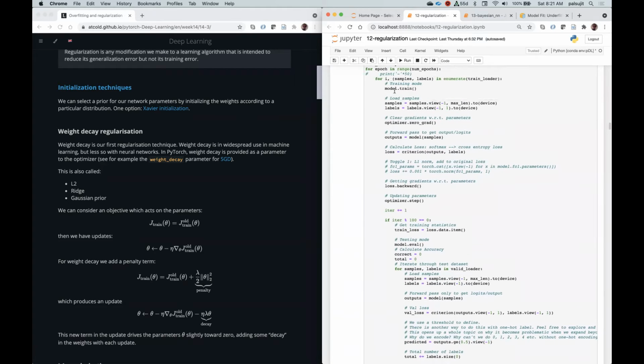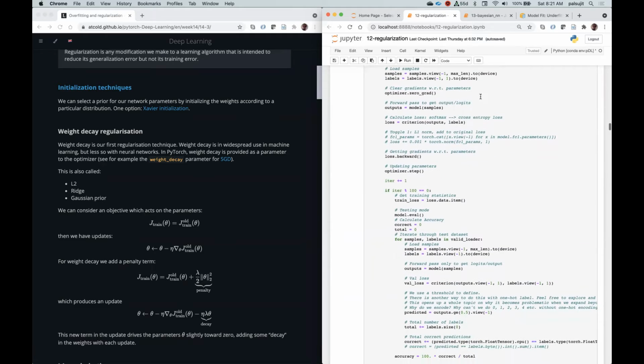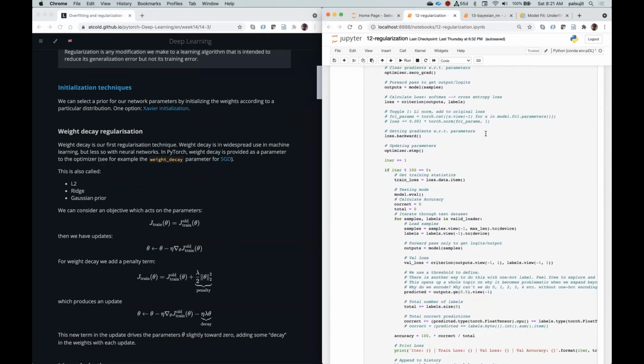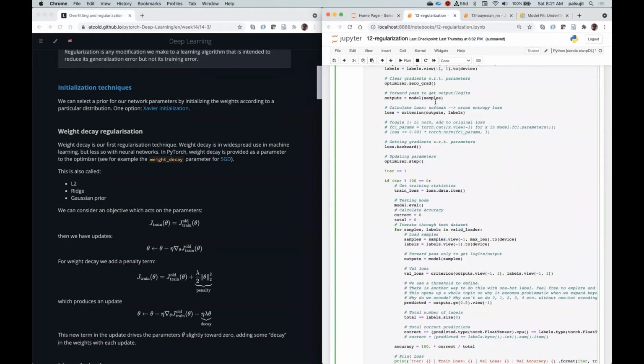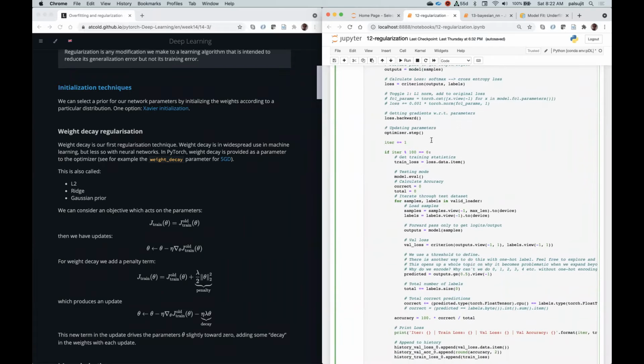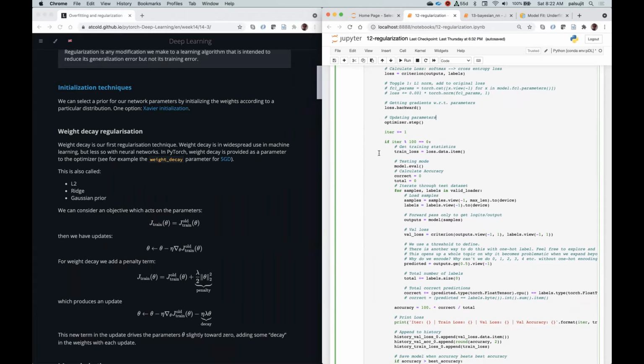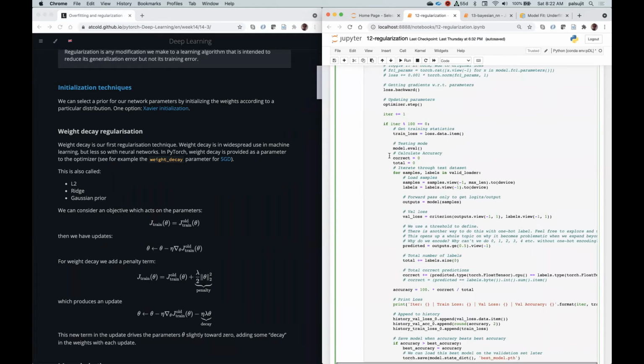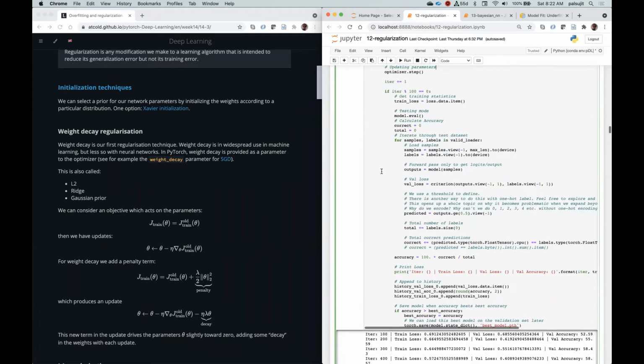And I think he could have done that from here itself instead of doing that fixed generator. He could have just used this dot labels and dot text here, but whatever. And he sets the criterion. So he does the forward pass. He computes the loss, and then calculates the gradient of the loss, and updates the optimizer, right? The optimizer values, what's that called? Weights, right? Optimizer weights. And then every 100 iterations, he takes the training loss, and then he basically calculates the